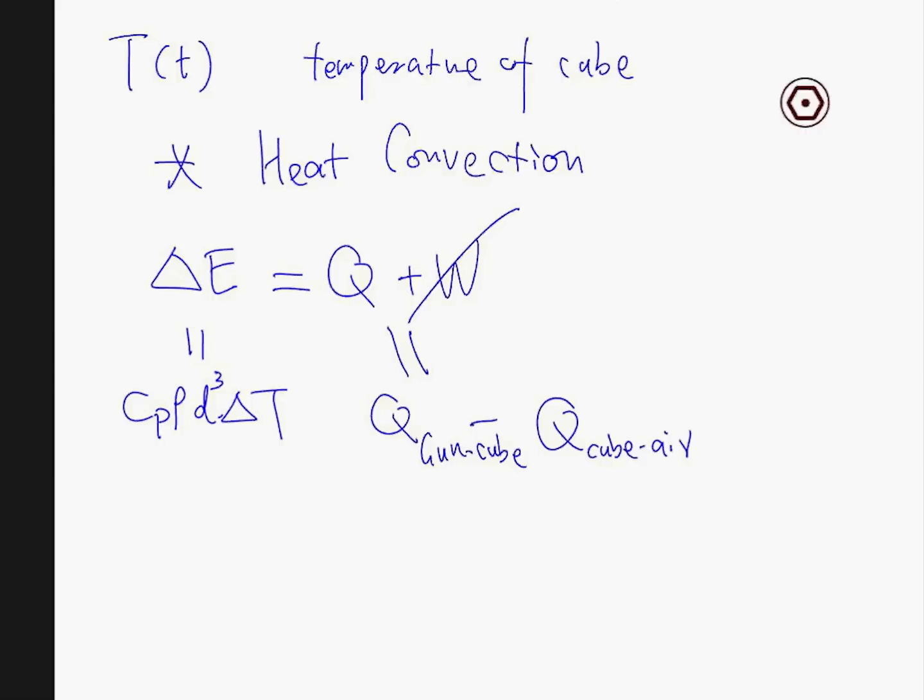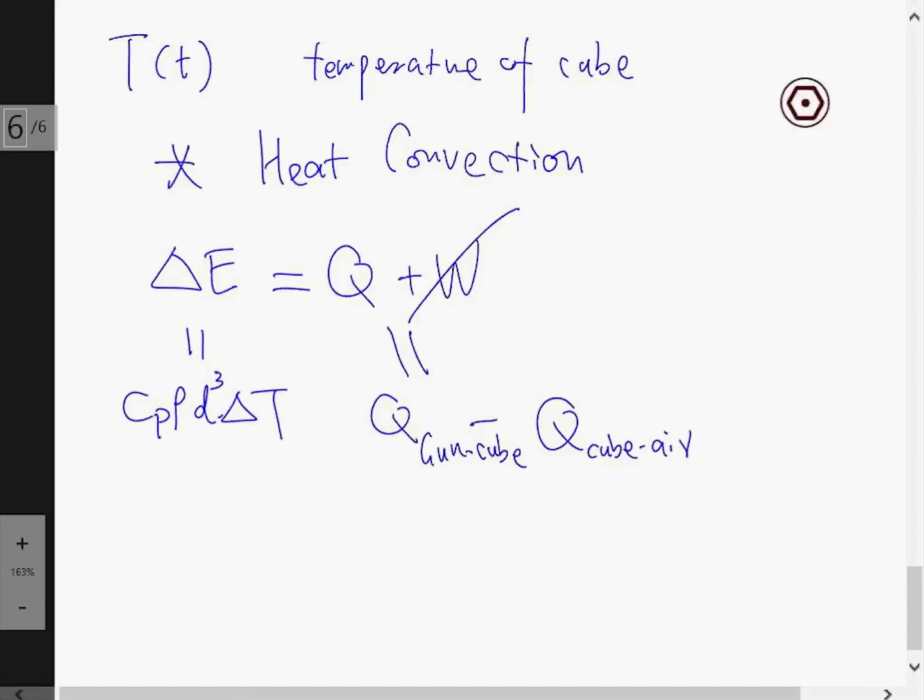Yeah, they linearly depend on the difference in the temperature. So if you look back on your unified notes, these are heat convection. When you blow air from the heat gun to the cube, it is forced convection. So this is the rate of the forced convection. It is proportional to the temperature of the hot air minus the temperature of the cube, times the coefficient, and the coefficient is the forced convection coefficient in the air times the